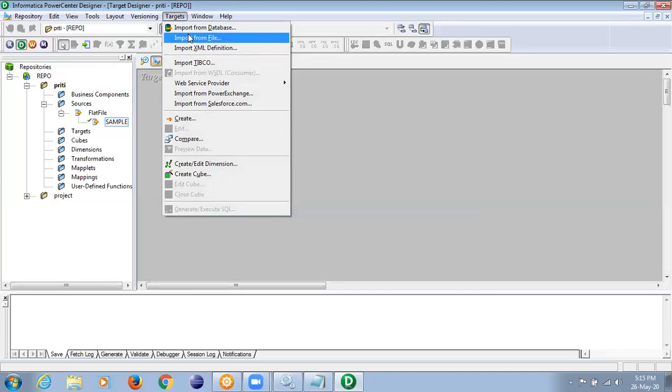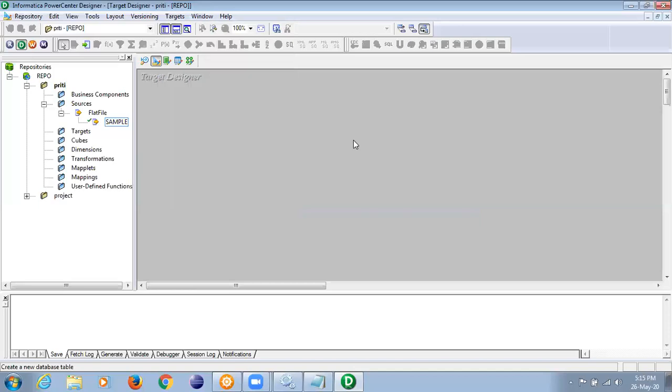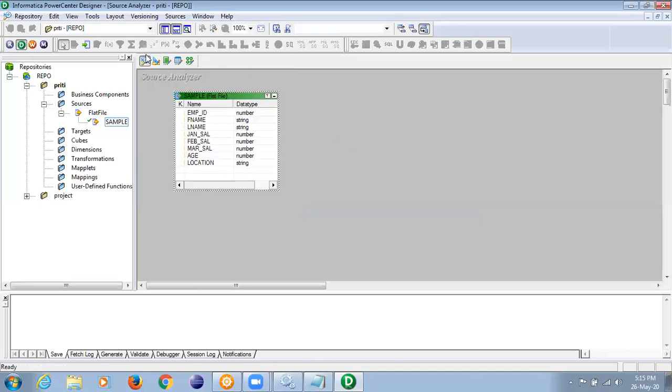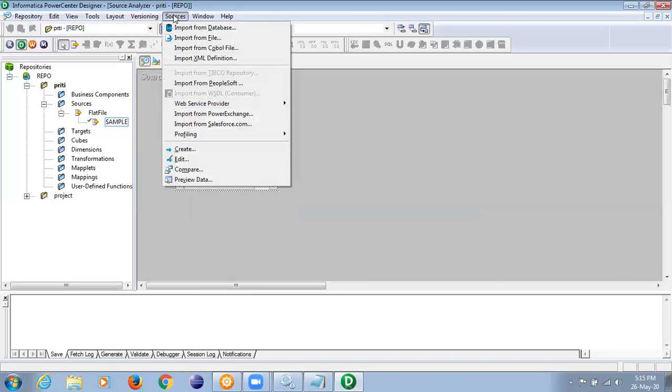So if there is a scenario where it is given to you, then you can import the file, but if it is not given, obviously you cannot import. So in this case, I'll have to create it manually. A similar option is also present in the source. In some cases it may happen that the client is not ready with the source, so there is an option to create also.